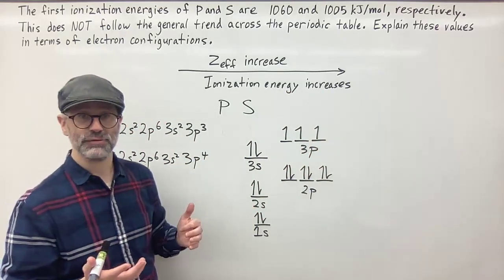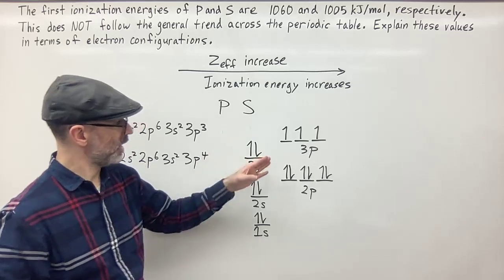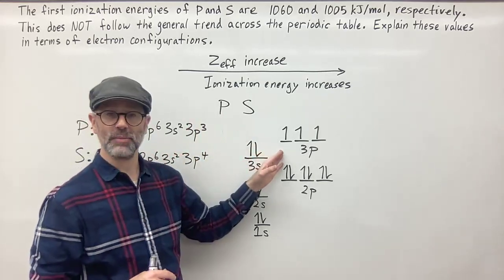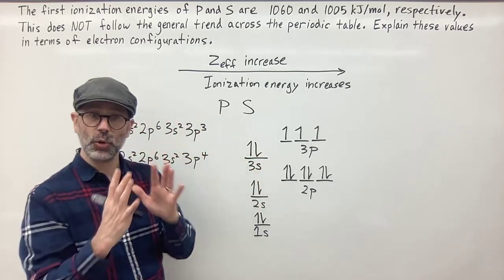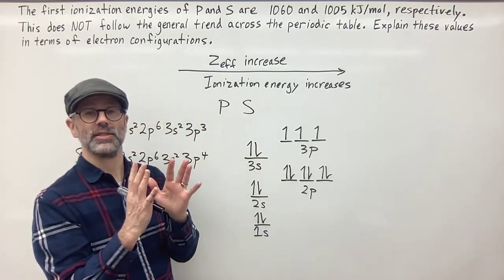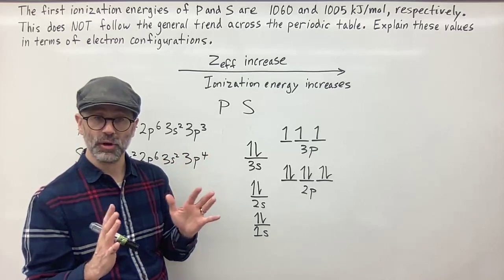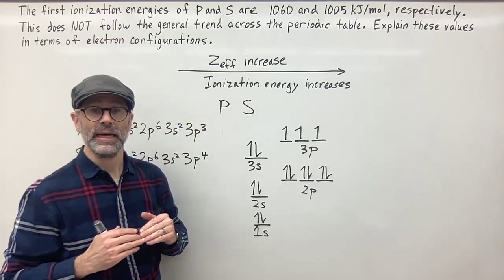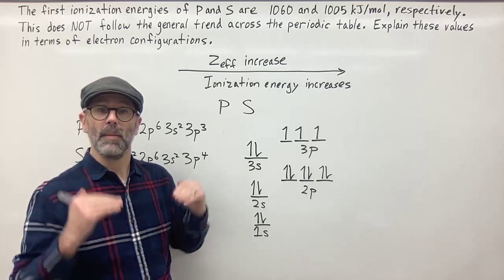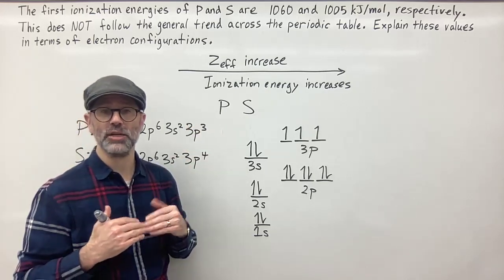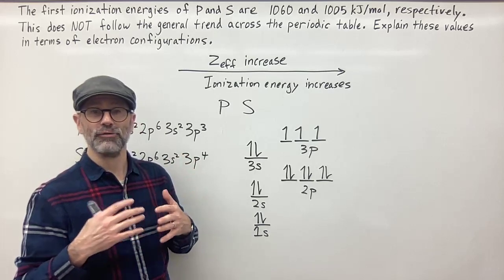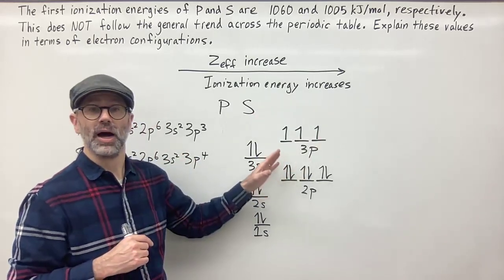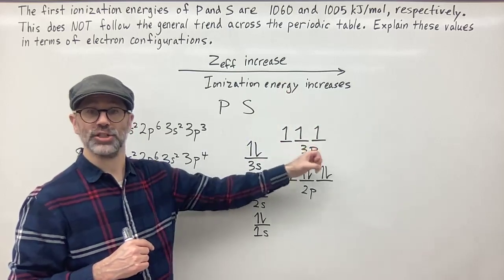One of the reasons for that is because when you pair up the electrons into the same orbital, you're going to deal with repelling forces, right, which are unfavorable, right? That's going to raise the potential energy of the atom. And so higher potential energy means less stable, and therefore this is going to require more energy to remove